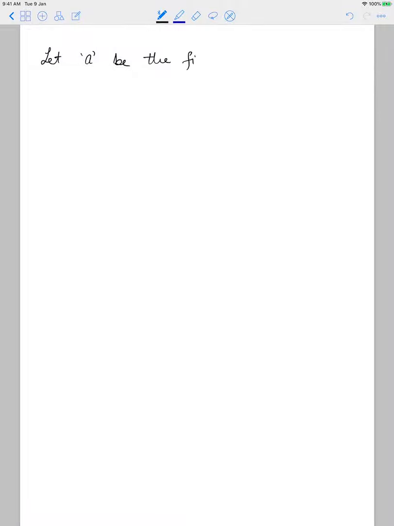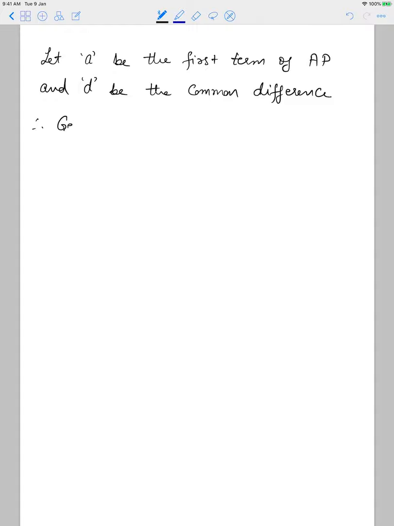If A is the first term of the given AP, and D is the common difference, how will you create an AP? I want to form the general form of an AP now. Therefore, the general form of an AP is given by,